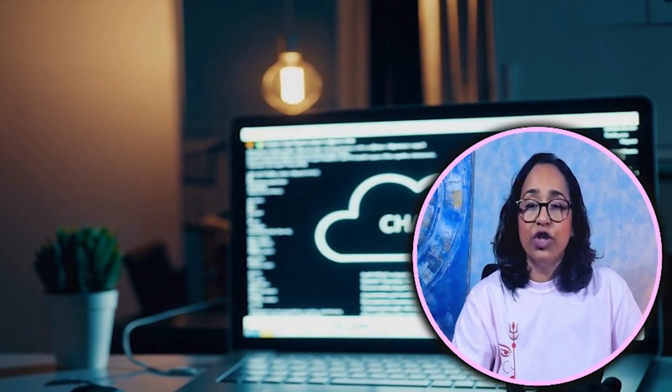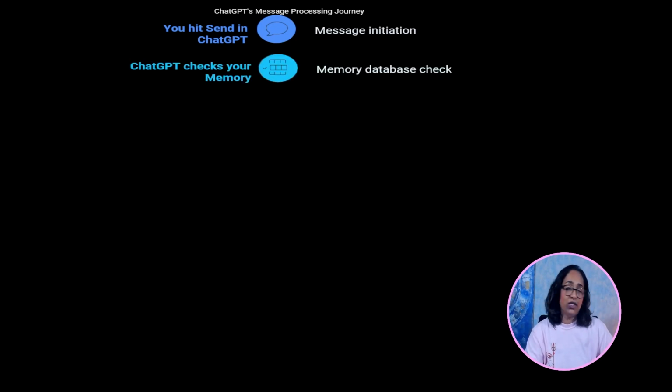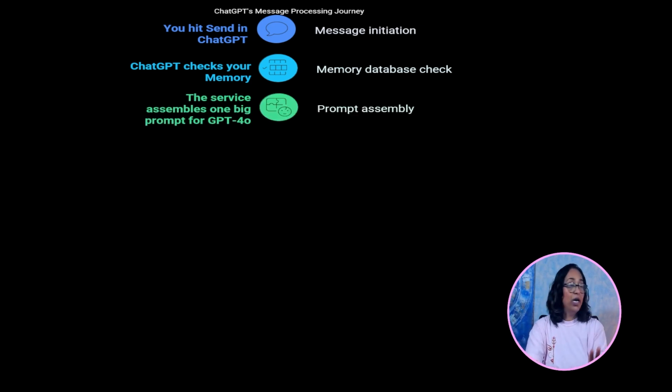What is going on with GPT? Let's take a look. When you type in your prompt and hit send, the prompt leaves your browser and goes to the OpenAI server. Once it goes there, GPT looks for any memory it has about you. In my case, my name, how I spell maths, what I asked for in the past, Newsweed, Andhra Pradesh, and if I mentioned anywhere my culture. It takes all of that with respect to your prompt and combines it. So now your prompt and the memory become one big blob.